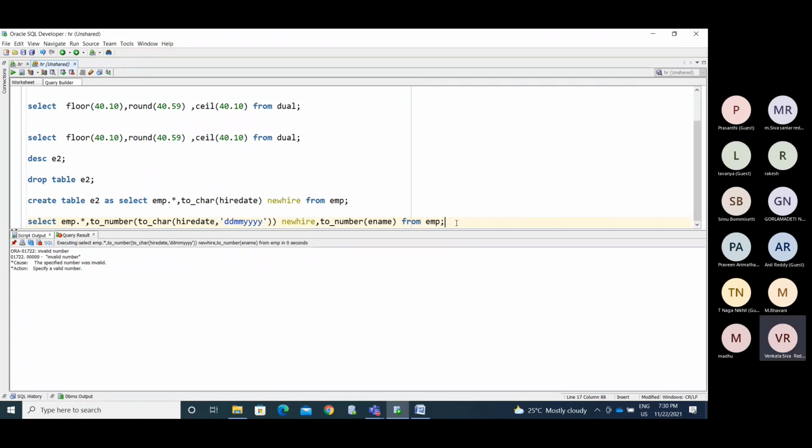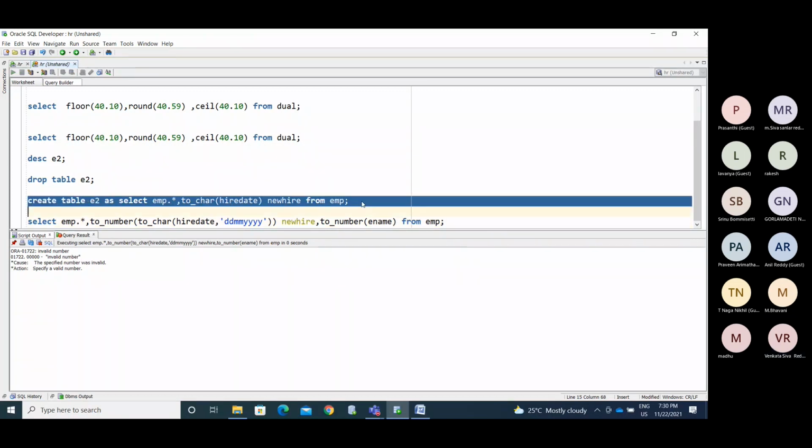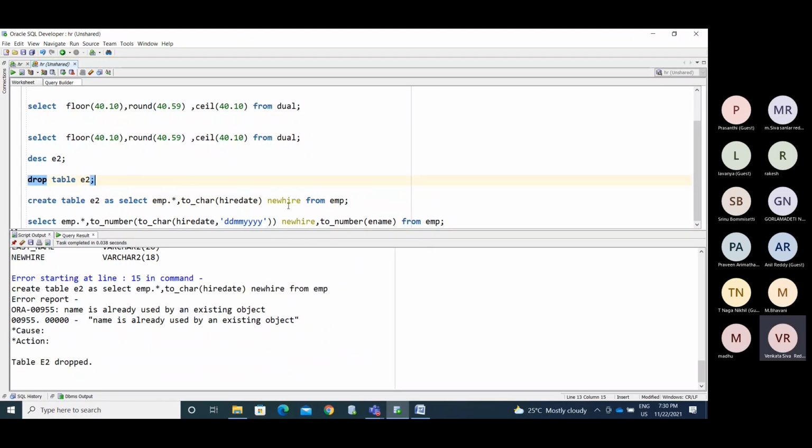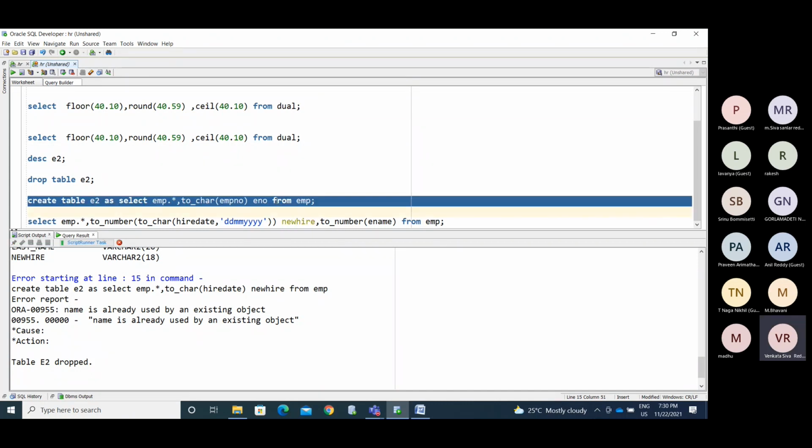Now we have the employee table, right? So now I'm dropping this table and making it, like I say, EMP number. ENO is my column.